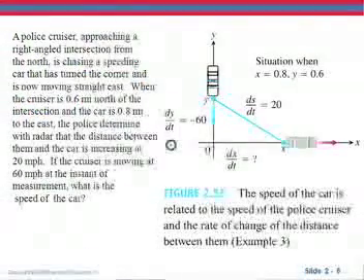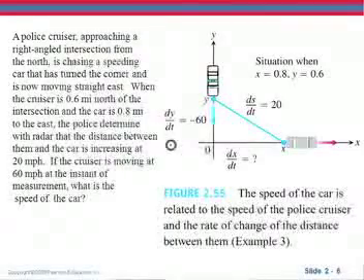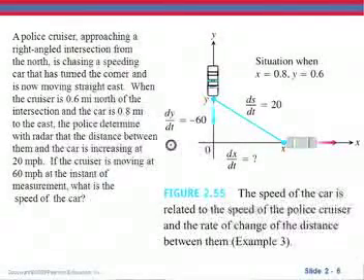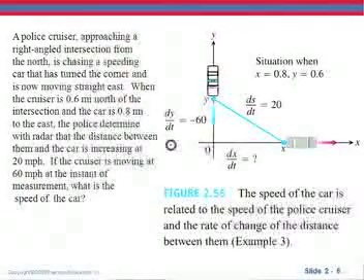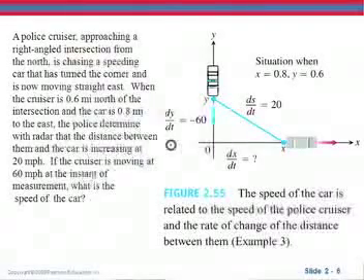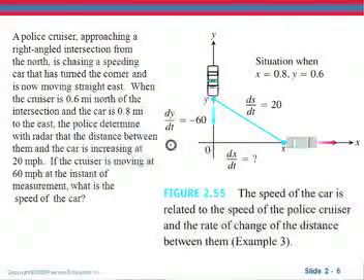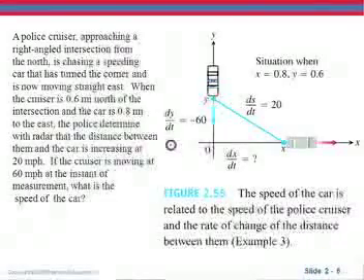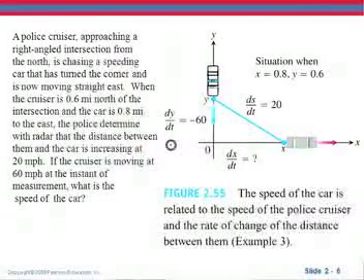Okay, now we're going to look at a couple more related rates examples. Here we have a police cruiser approaching a right-angled intersection from the north. It's chasing a speeding car that's turned the corner and is now moving east. When the cruiser is 0.6 miles north of the intersection and the car is 0.8 miles to the east, the police determine with radar that the distance between them and the car is increasing at 20 miles per hour. If the cruiser is moving at 60 miles per hour at the instant of measurement, what is the speed of